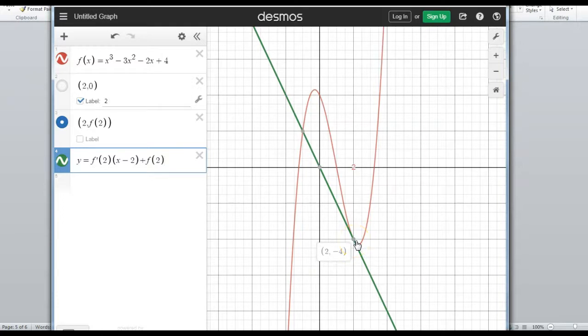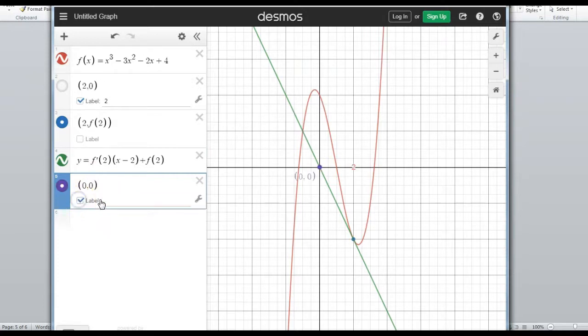And so on Excel, on the sheet you're doing, you should get the new guess is the x-intercept of this tangent line, so the new guess is going to be 0. Alright, so I'm going to do the same thing I did here. I'm going to label the origin as 0. Okay, so I'm going to plug in 0, f of 0,